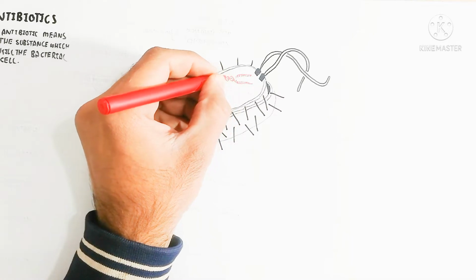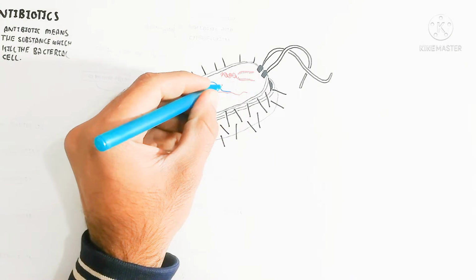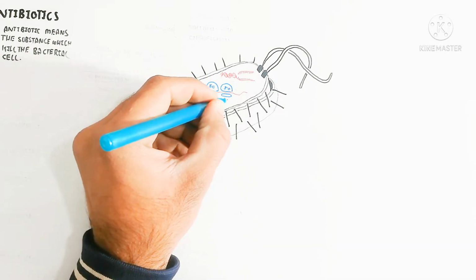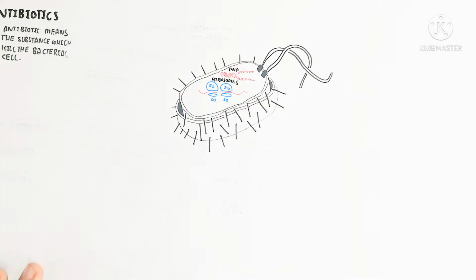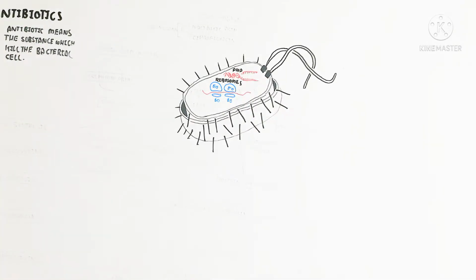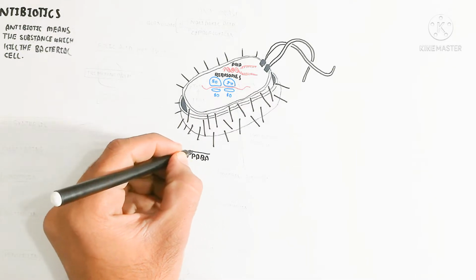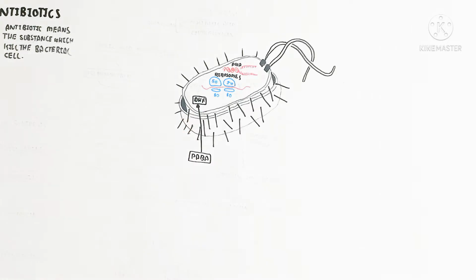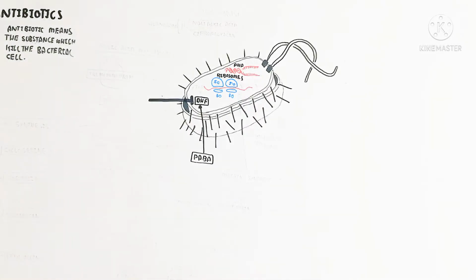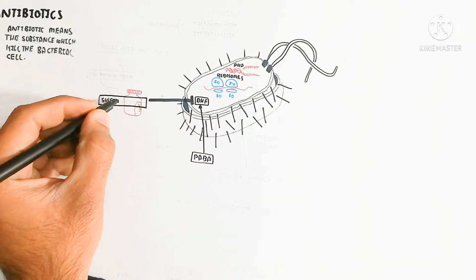The bacterial cell has the cell wall on the outside, and the outermost layer is the slimy capsule, while inside is the cell membrane and outside of that is the cell wall. The cell wall is made up of peptidoglycan, lipoic acid and teichoic acid. So here is the PABA. This PABA goes inside to convert dihydrofolate into tetrahydrofolate, which is basically folic acid